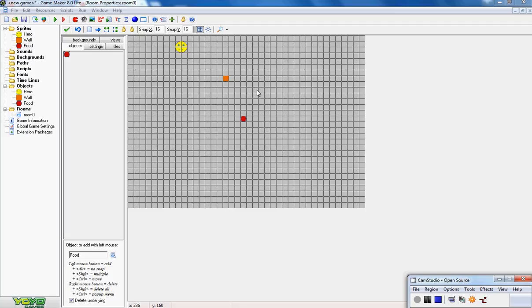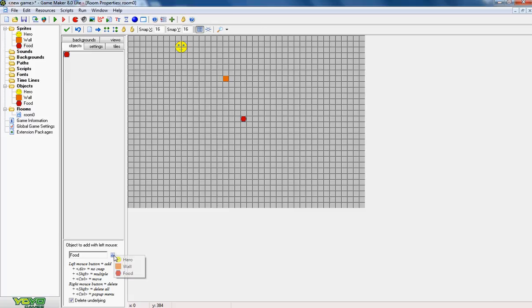What I'm going to do first is put a wall right round the outside of the maze. So I need to change it from saying food to saying wall. And now when I click here, each time I click, the wall appears. If I hold the mouse button down,